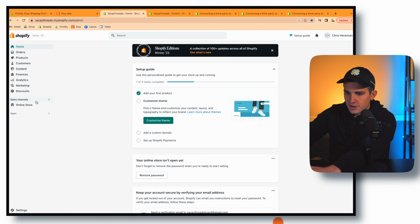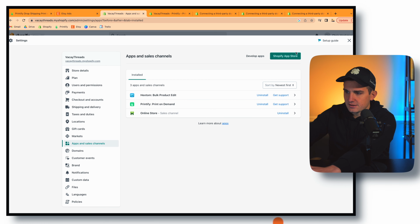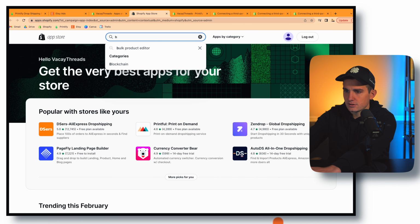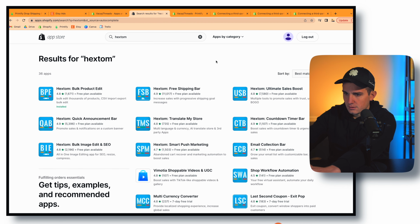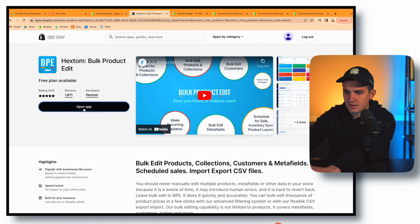Next thing we're going to do is bulk update our product descriptions. And this is why I told you in the previous step with Printify to not worry about your product descriptions. It's because we're able to do all of this in bulk together right now. There's another app that you're going to want to download that they have a free trial too, but you go to apps and sales channels, Shopify App Store, install, it's called Hextom. They have a bunch of different apps, but you click the bulk product editor and you want to download that